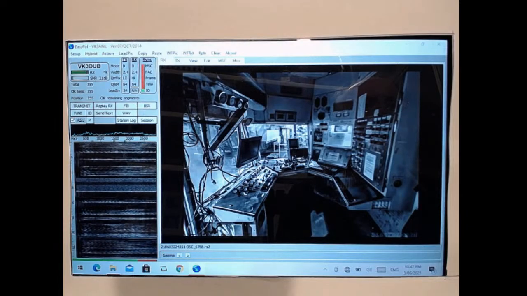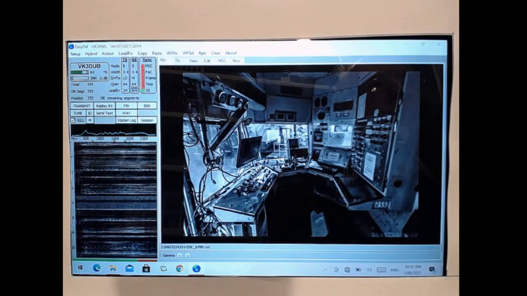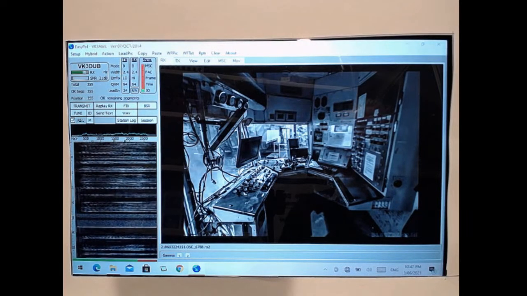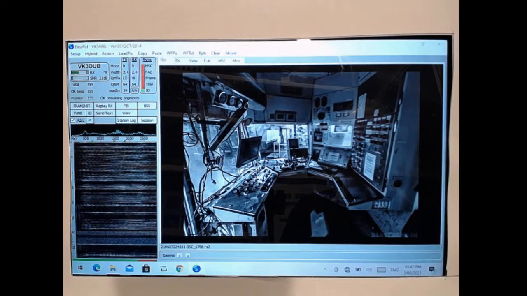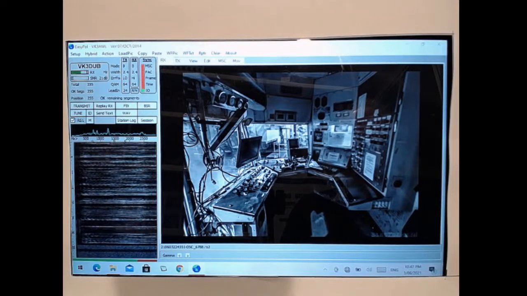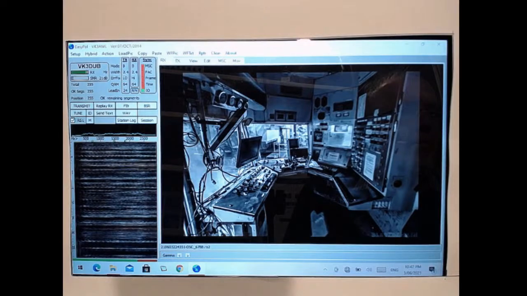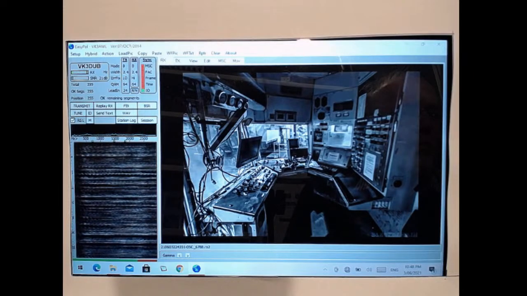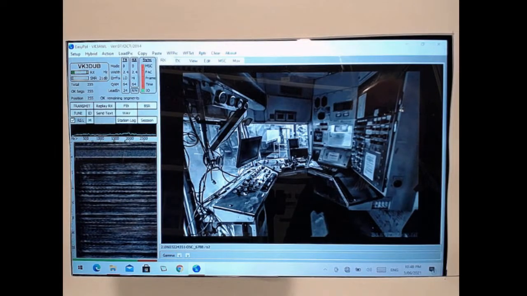VK3DUB transmitted his first images last week. In fact, he did everything last week for the first time, and last week he came in after a little bit of mucking around at 19 dB, and he has done exactly the same thing again tonight, straight up front, 19 dB. This looks very similar to an image that he sent last week. In fact, I flicked back through my photos, and he sent a colour image last week that looks very similar to this. So there we are, 19 dB at VK3BOT file OK. No worries, thank you, Stan.